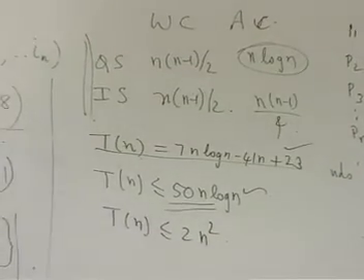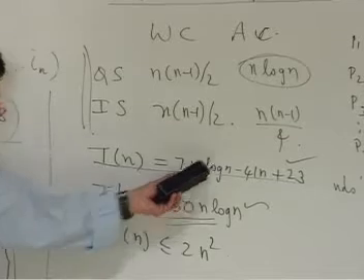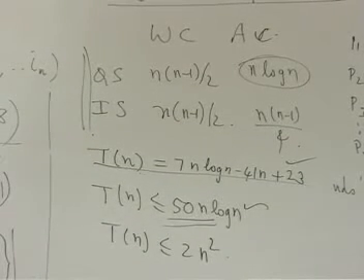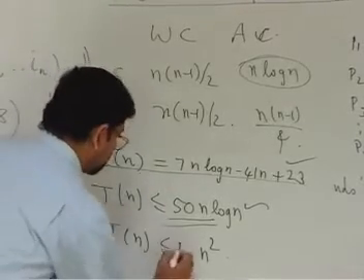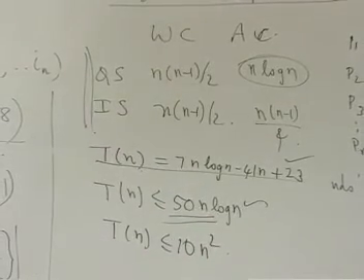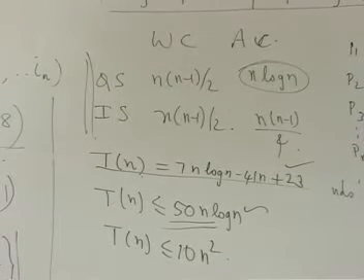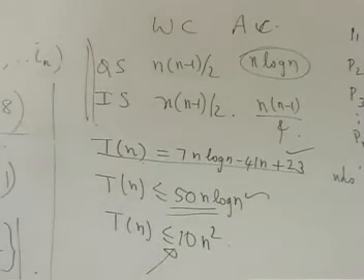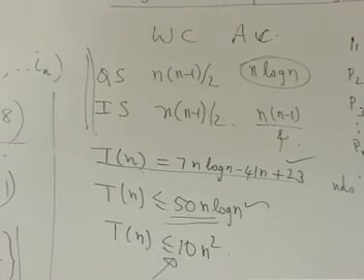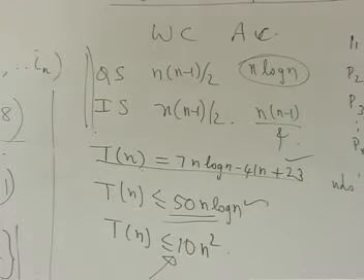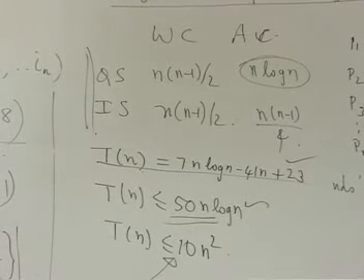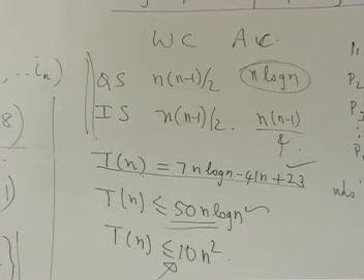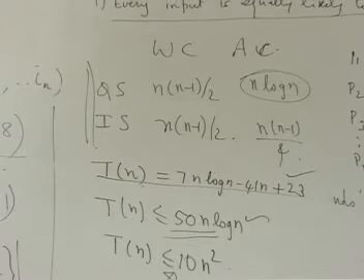This is also true. When this is the exact value, even this is true. It will be less than or equal to 2n square, no doubt, or let's say just 10n square. It is true that T of n is less than or equal to 10n square. If this is the kind of information you have got, it is mathematically valid. Mathematically this is not to be questioned. If you proved this, as a mathematical exercise you have done a correct job. But it is not giving you the right insight about T of n.